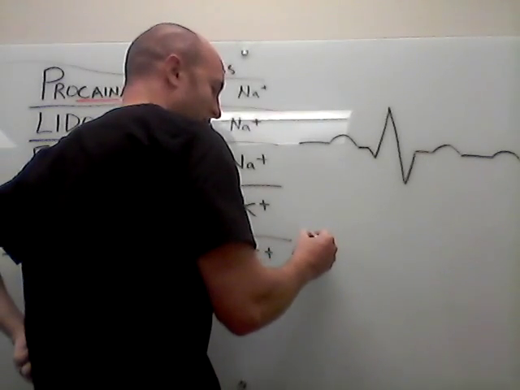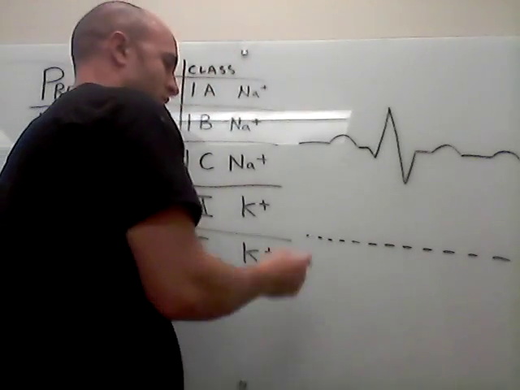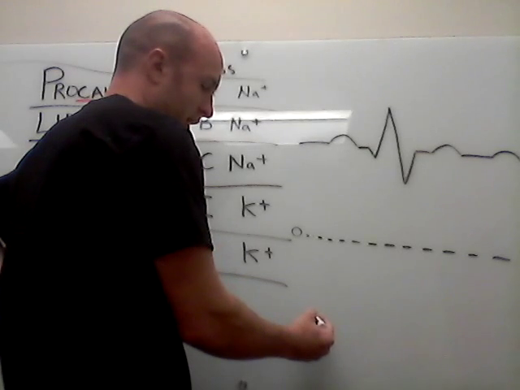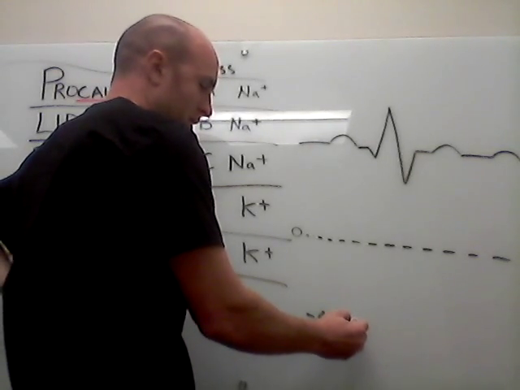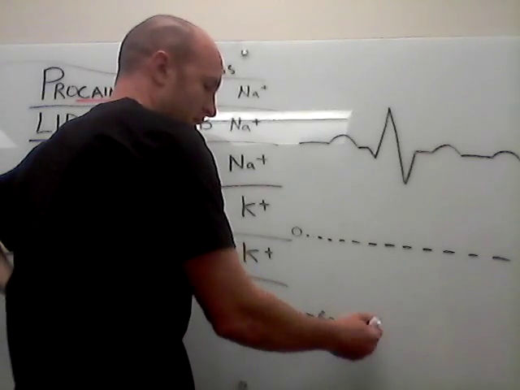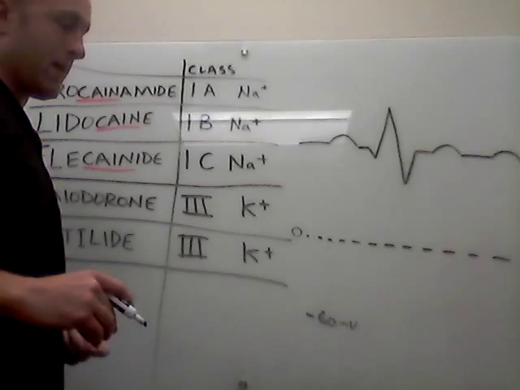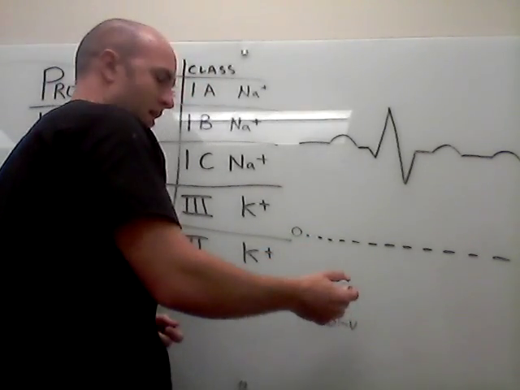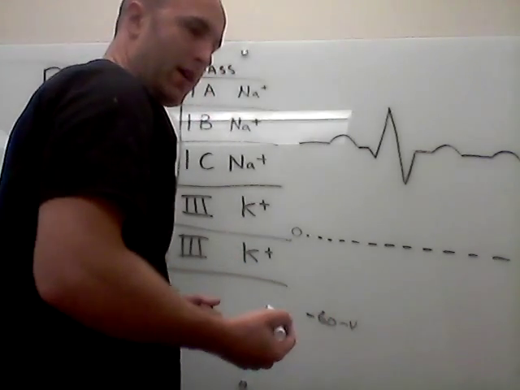Hopefully I don't screw this up. I did not review this before I started talking. So normally the membrane potential, this is 0. Normally the membrane potential is somewhere down here. I don't remember where. Let's just say negative 60 millivolts. Okay? And there is going to be a trigger of some kind. A signal is going to come down, and it's going to start sending